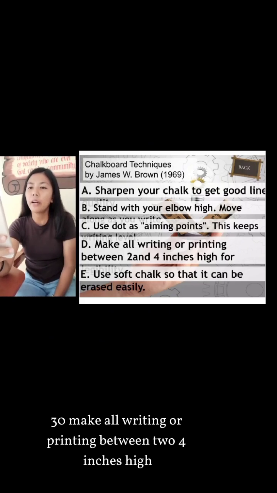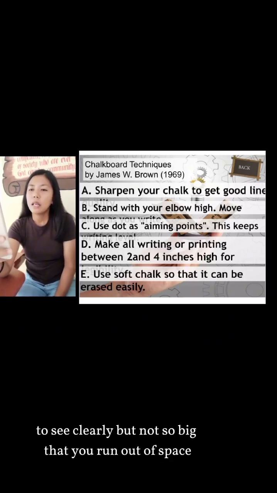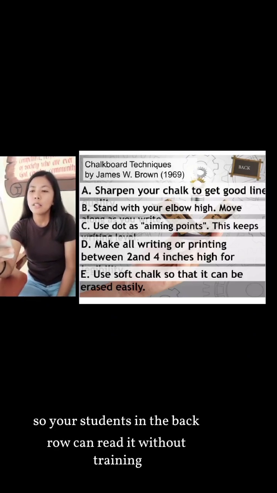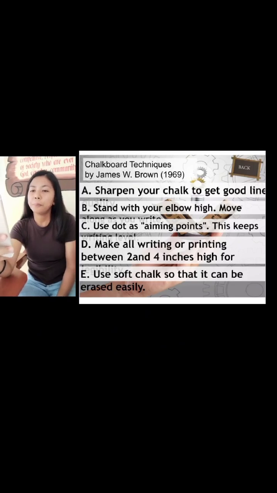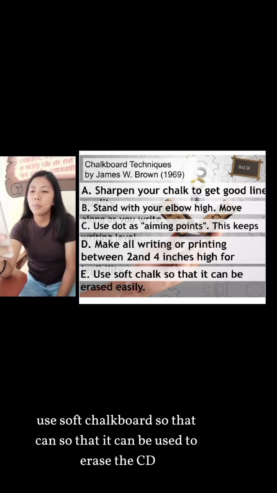Letter D. Make all writing or printing between 2 and 4 inches high. Letters of this size are large enough for everyone in the classroom to see clearly but not so big that you run out of space. For example, write a key term in 3-inch-tall letters so students in the back row can read it without straining. Letter E. Use soft chalk